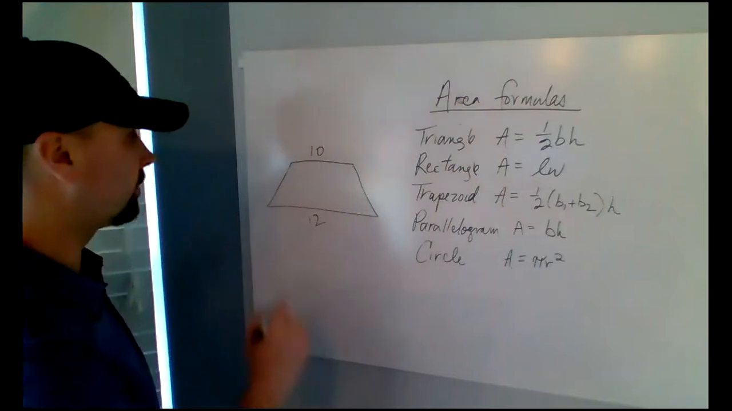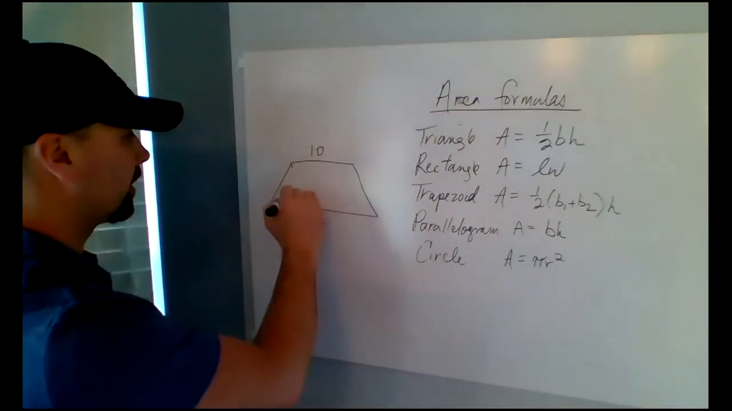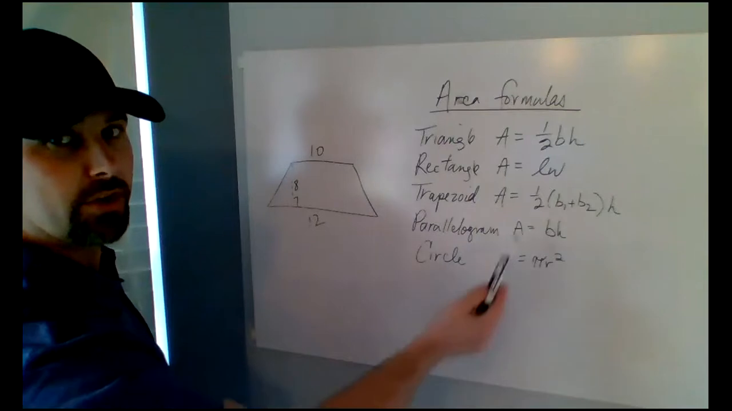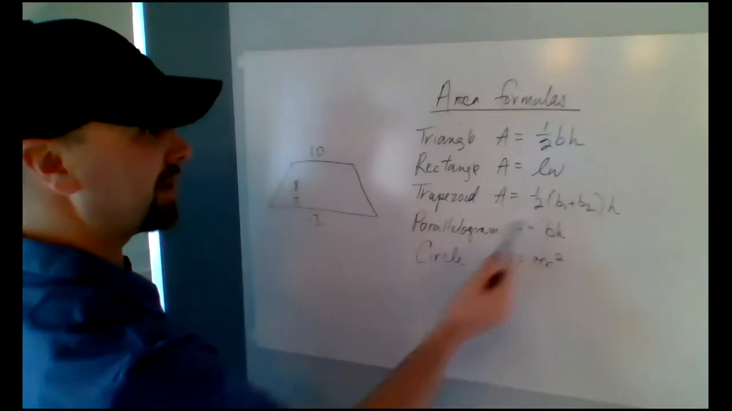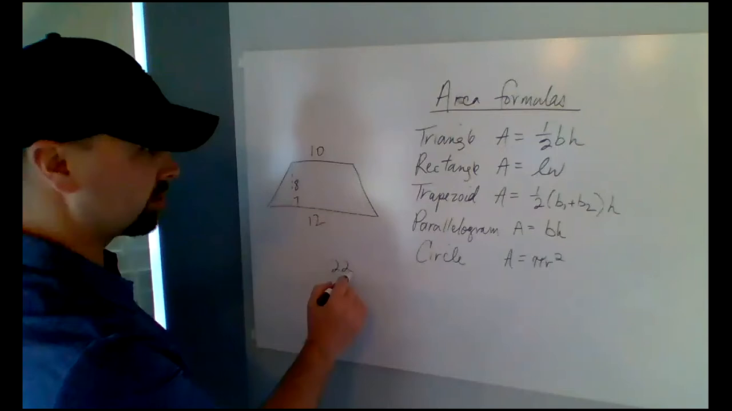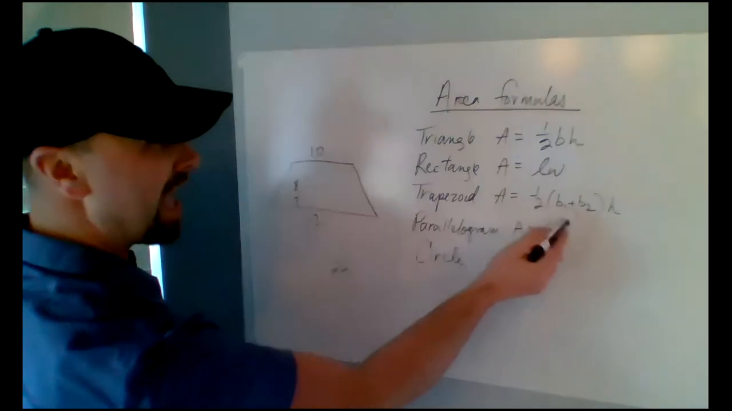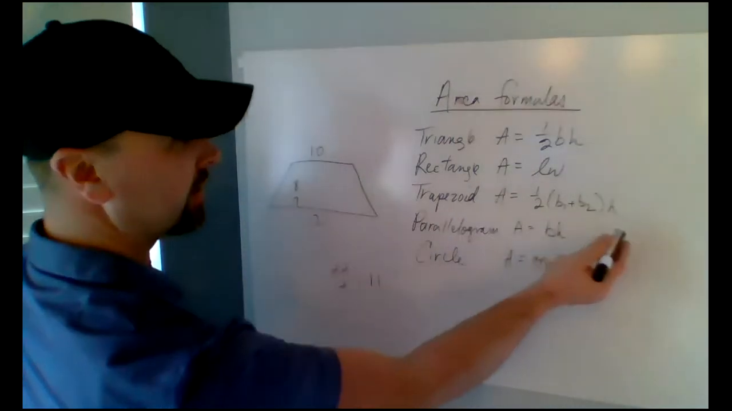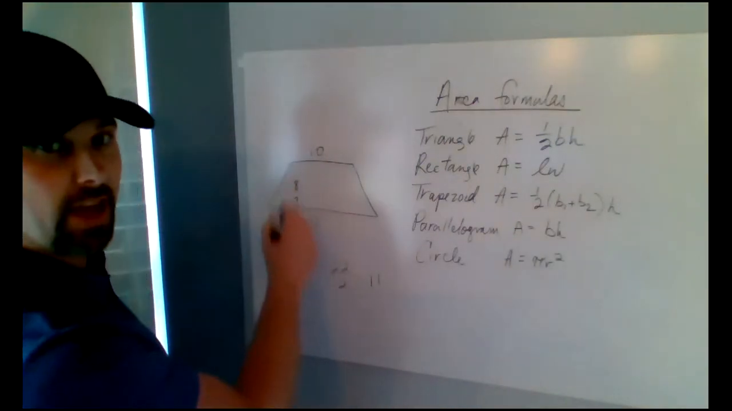Say it's 10 and 12 with a height of 8. Okay, so base 1 plus base 2. 10 plus 12 is 22. Half of that, cut it in half, would be 11, times the height of 8